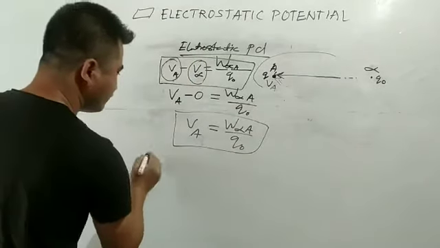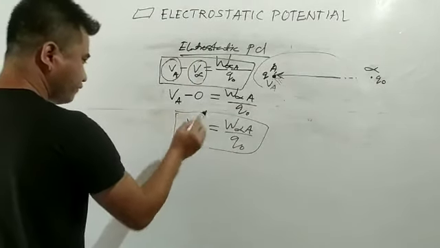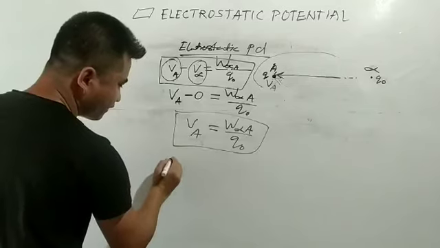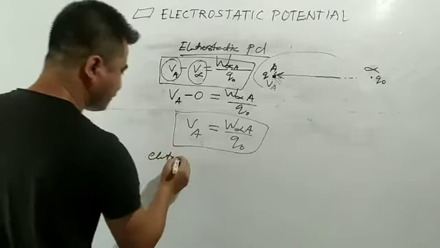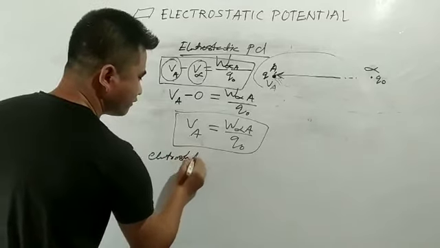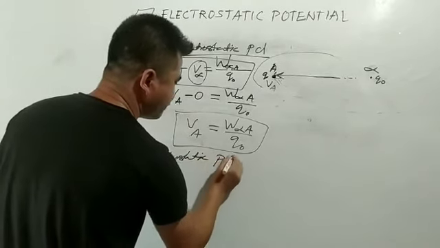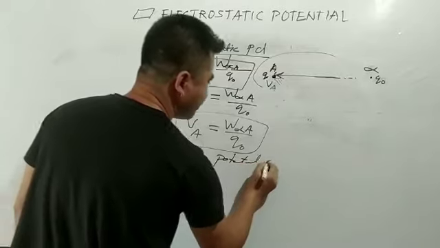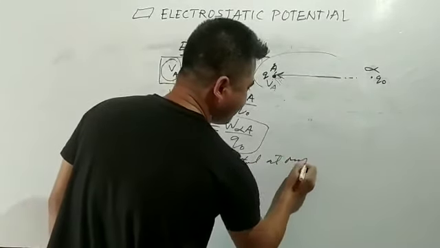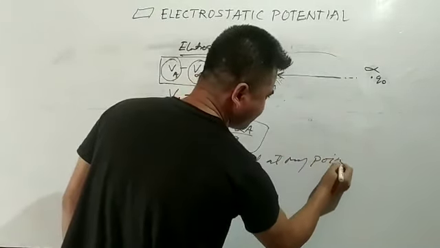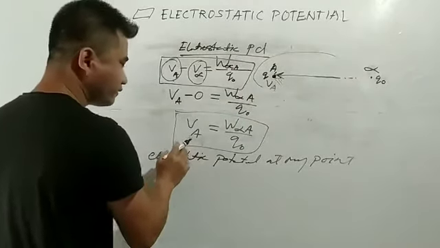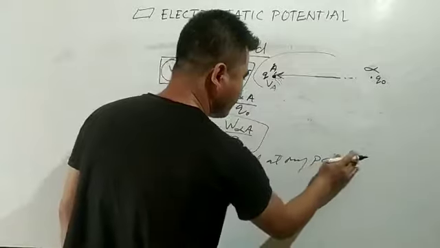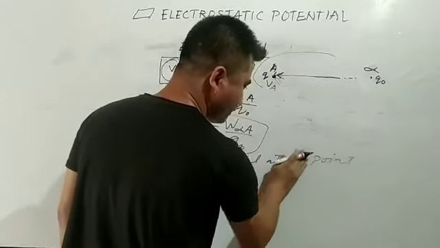So we can define what electrostatic potential is. The definition will be: electrostatic potential at any point, or instead of any point, you write at point